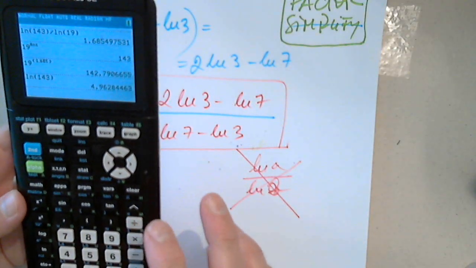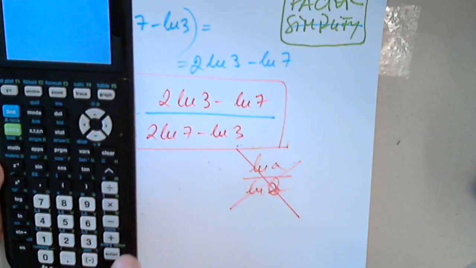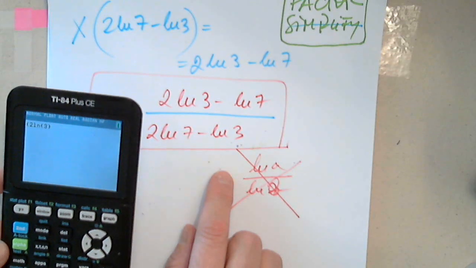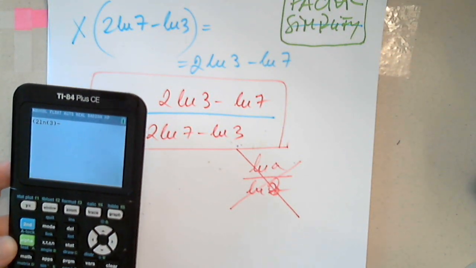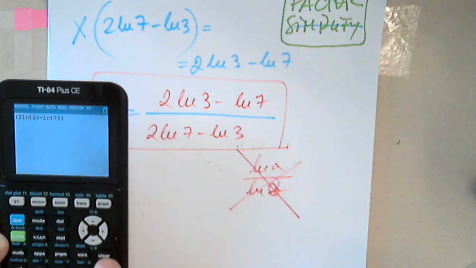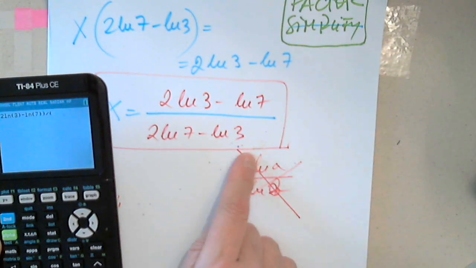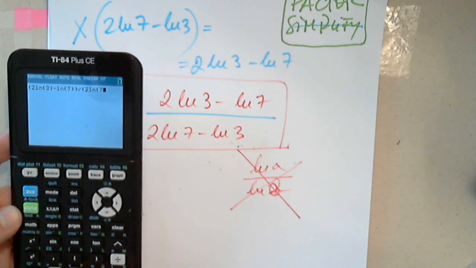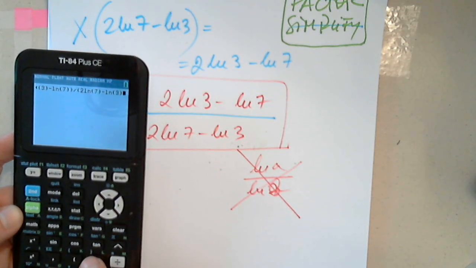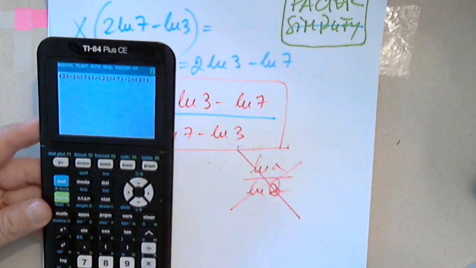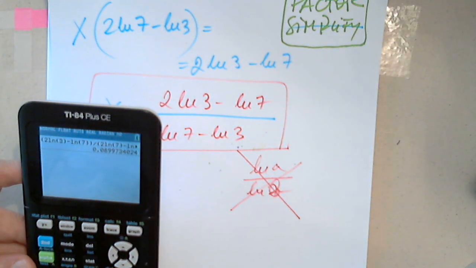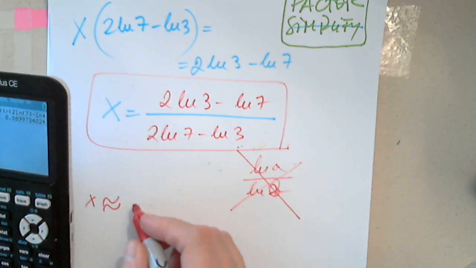So, parentheses around the numerator, 2 natural log 3, close the parenthesis for natural log, minus natural log 7, close the parenthesis and close the parenthesis for the numerator. Now another parenthesis, divide, another parenthesis for the denominator, 2 natural log 7, close the parenthesis, and minus natural log 3, close the parenthesis for natural log and close the parenthesis for the denominator. Now when I press enter, I get 0.08997. So x is approximately